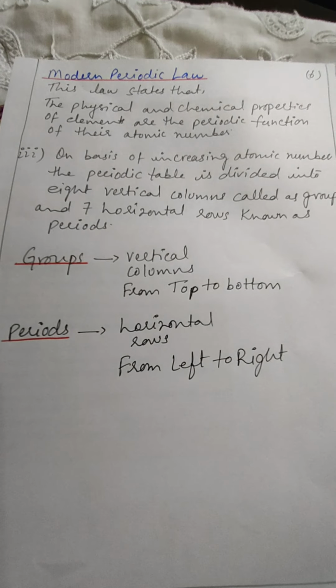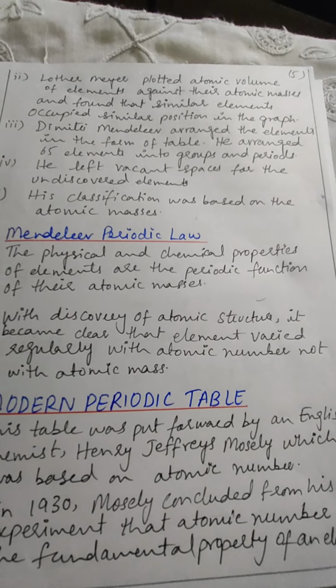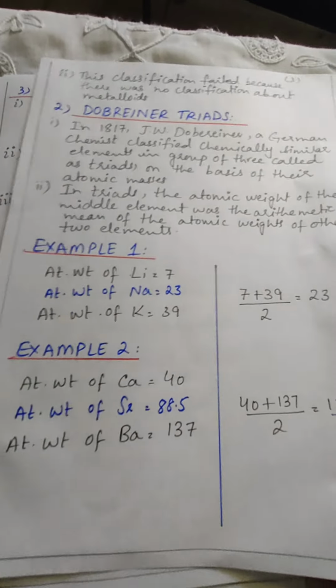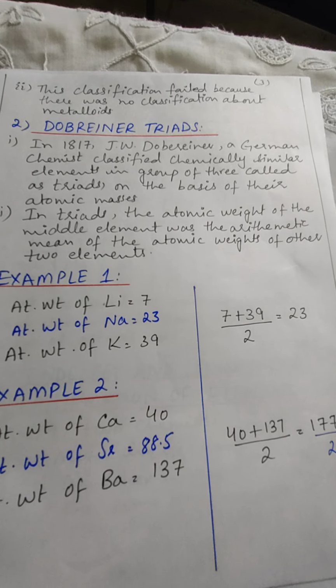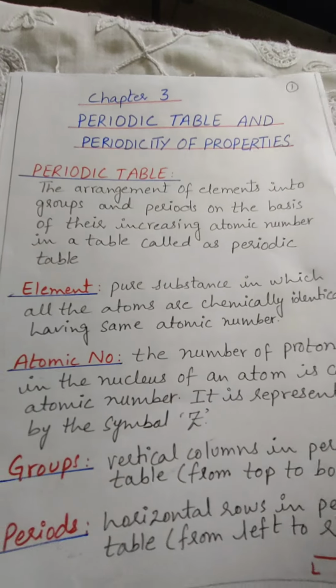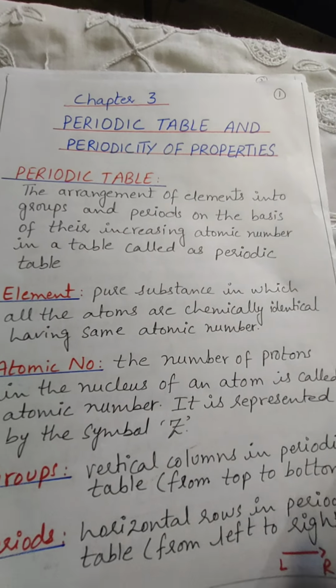So this is all about the development of the periodic table, in which we discussed some of the scientists and their views related to the formation of the periodic table. Clear to everyone? After the history or development of the periodic table, we will start the chapter from the modern periodic table and directly from the periods in our next lecture.